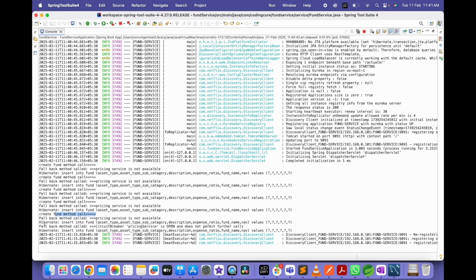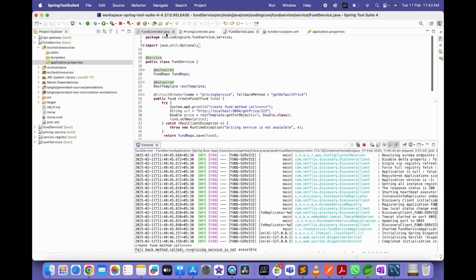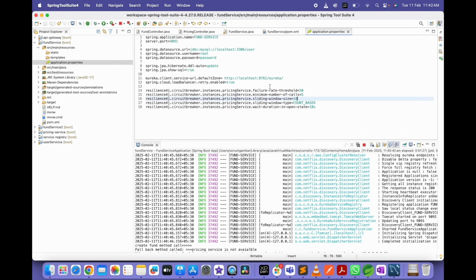Okay, instead of calling this create one method call, it directly calls this fallback method here. And now if you check here, circuit breaker pricing service is open and does not permit further calls. Okay, directly it calls. Now here I have mentioned in the properties file,